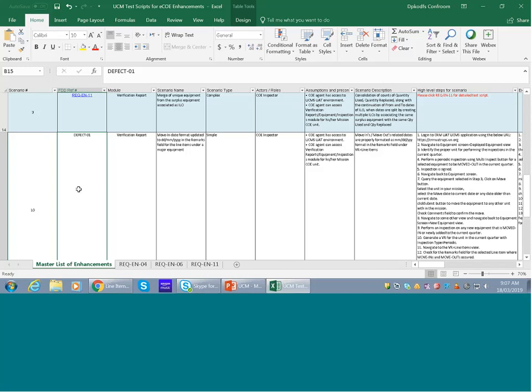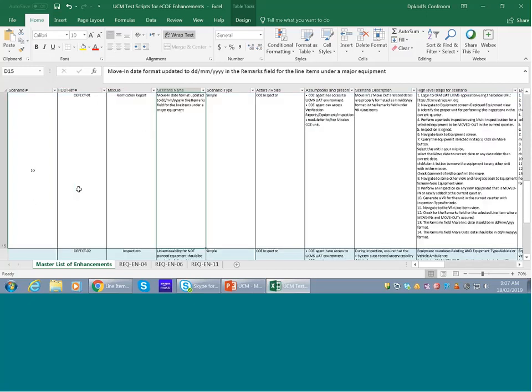So let's now get on to the defects that have been fixed. The first defect that has been fixed is the moving date format. When an equipment was getting moved to some other unit within the mission, and the periodic inspection automatically gets